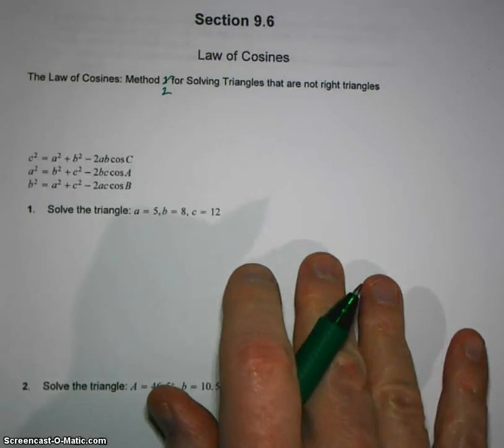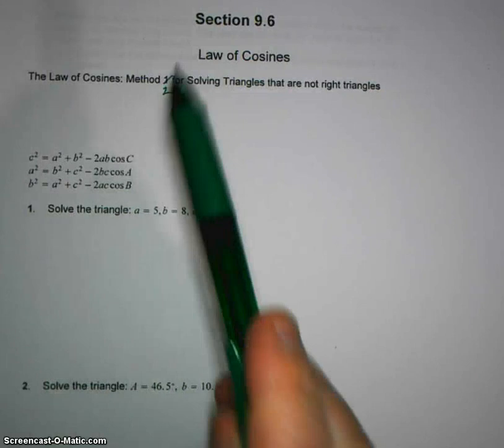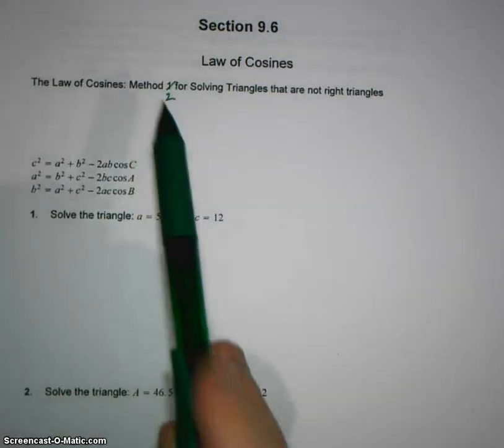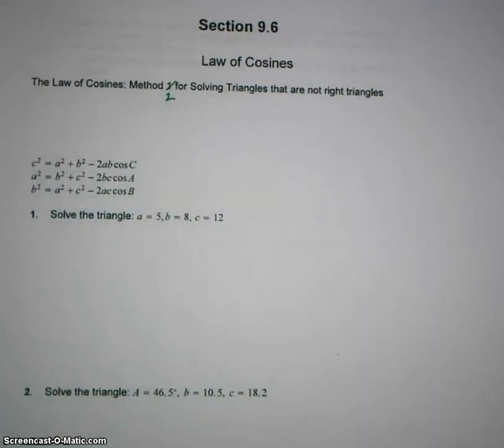Okay, section 9.6, the law of cosines. This is method number 2, had a little typo there, for solving triangles that are not right triangles. This is a very, very exciting section because it's our last one. That sounds good. All right, so the law of cosines is a little bit harder to prove than the law